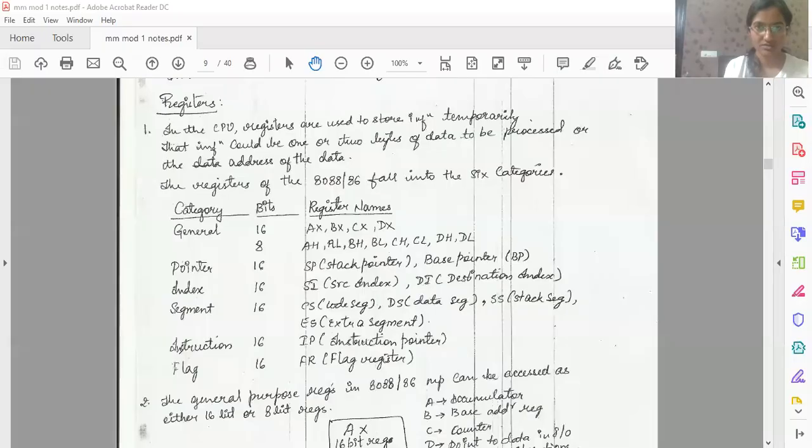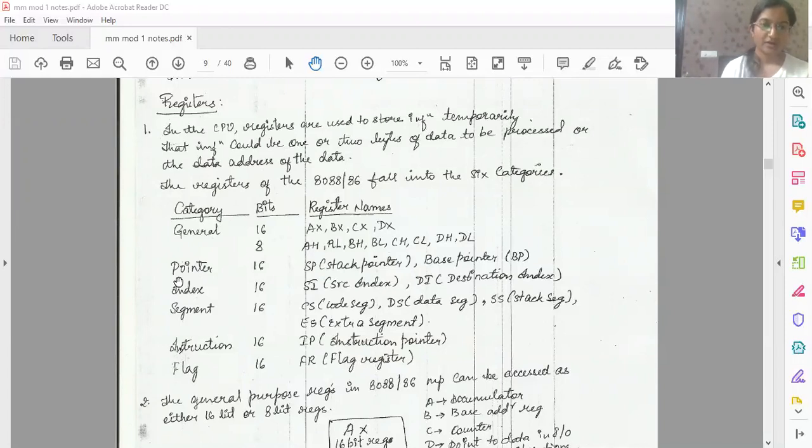The next topic here: in the previous video we introduced 8086 and discussed the basic concepts of how the processor is involved in executing a particular instruction. We also saw a brief explanation of the architecture of 8086. So today's topic will proceed with the registers. All the registers which are present in 8086, we'll study them in detail.